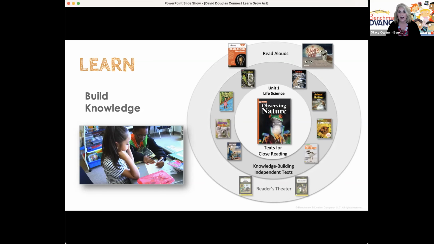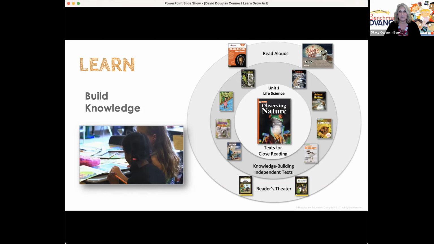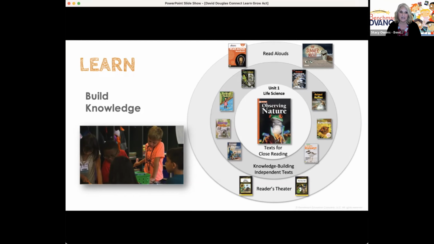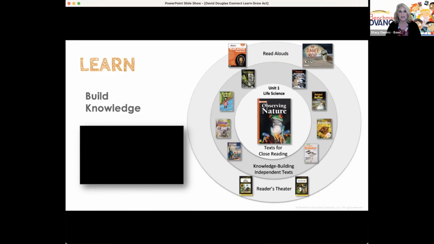As students build their content knowledge, as well as their language and vocabulary, it makes it easier for students to access the text, at new levels of text complexity, and supports comprehension through reading, writing, listening, and speaking about the topic. Opportunities for students don't end there. We then extend out to read alouds and a vibrant readers theater, offering students an opportunity to be characters in books and stories. So much learning and so much fun.